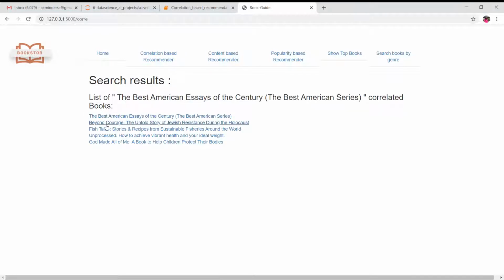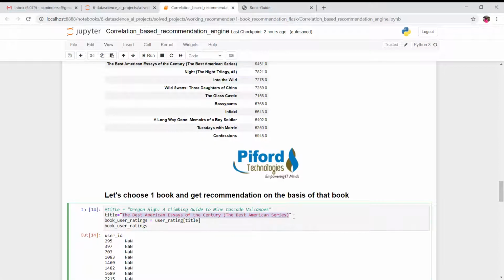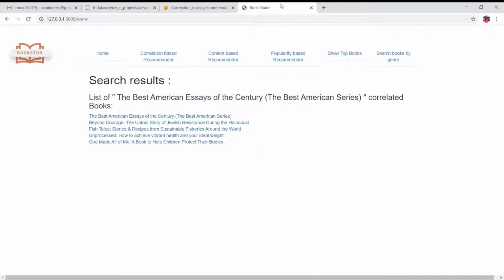This will give you the top 5 books which are similar to the book which we have written in this particular column. If you want to know how I've made this Flask application, you can comment in the comment section, then I can share the front end code with you also.